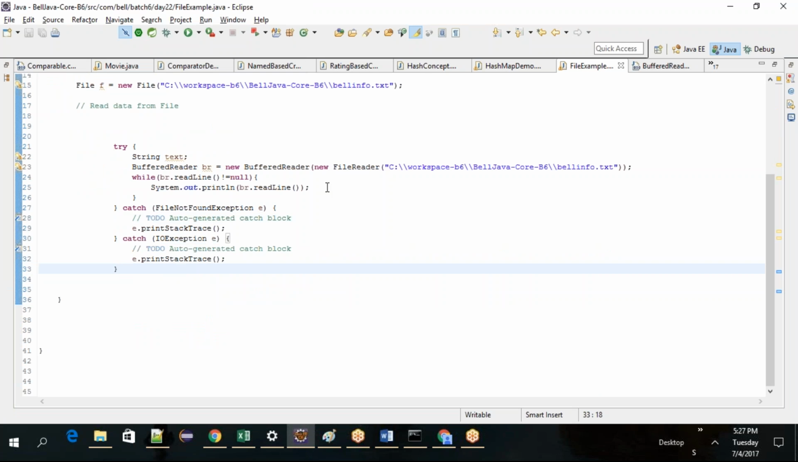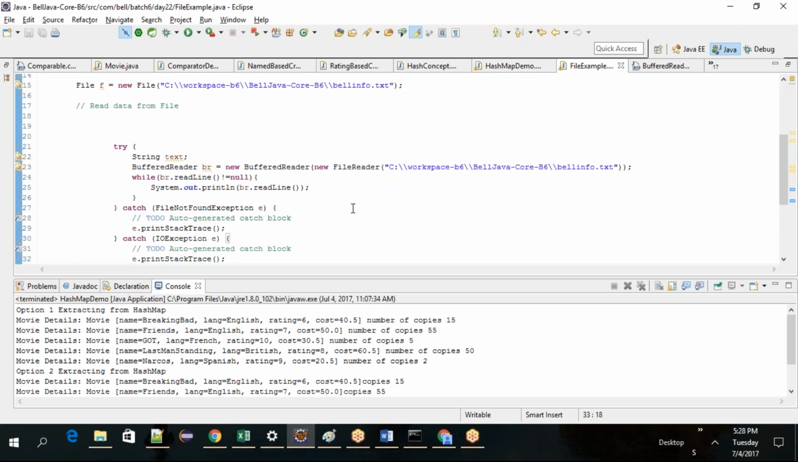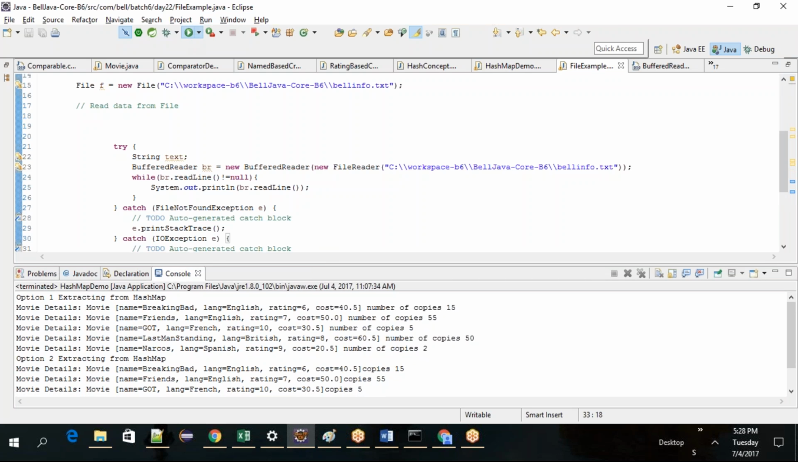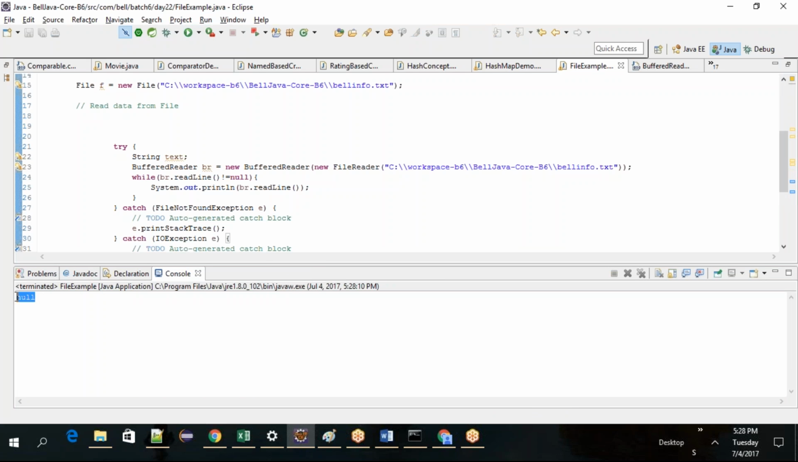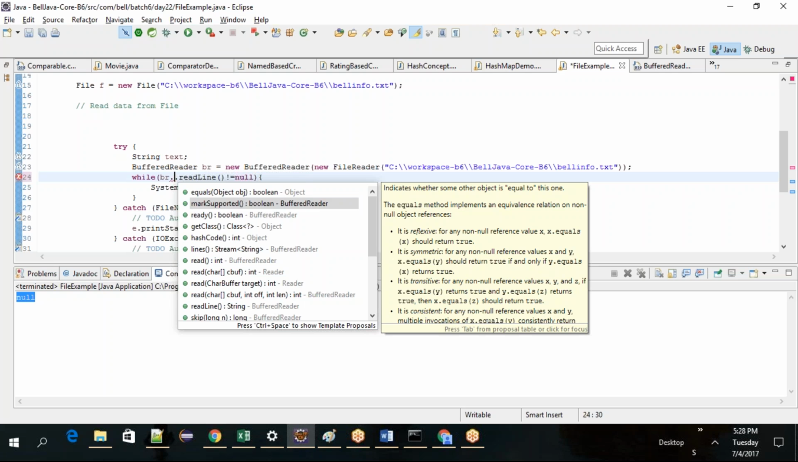Okay. Let's try to read this data. And so once you read the data, you're just trying to display, right? Let's see what happens. You got null. Why? Because it read the data here itself. So what we can do is br dot